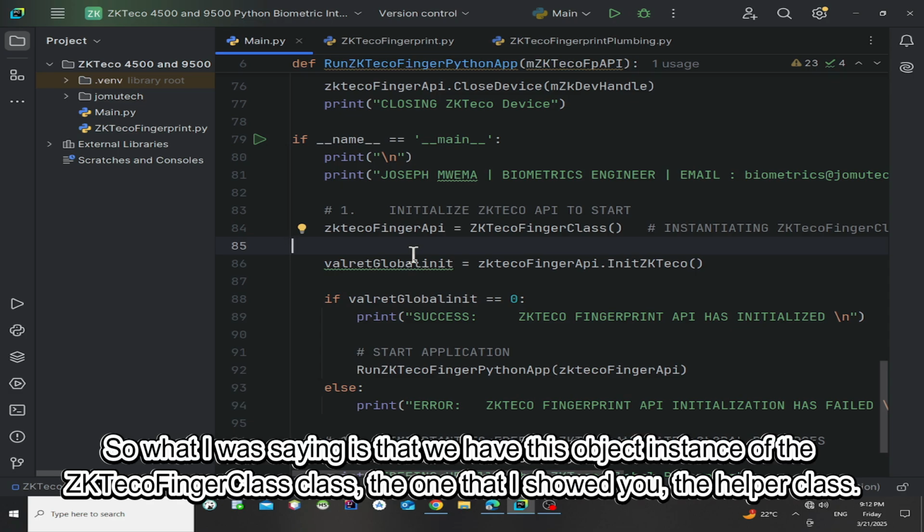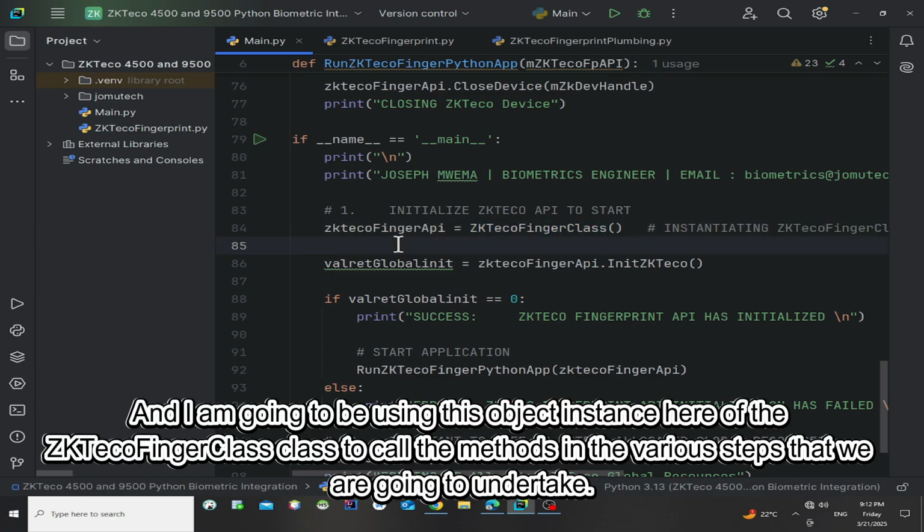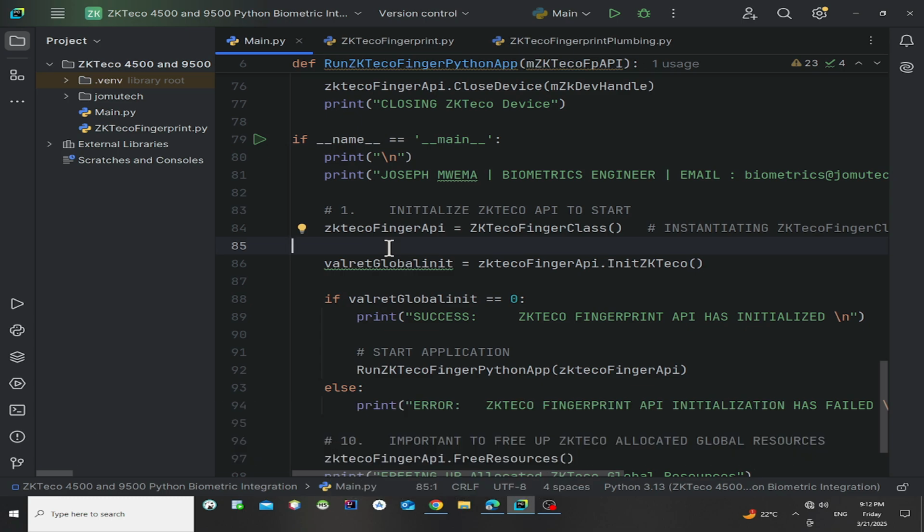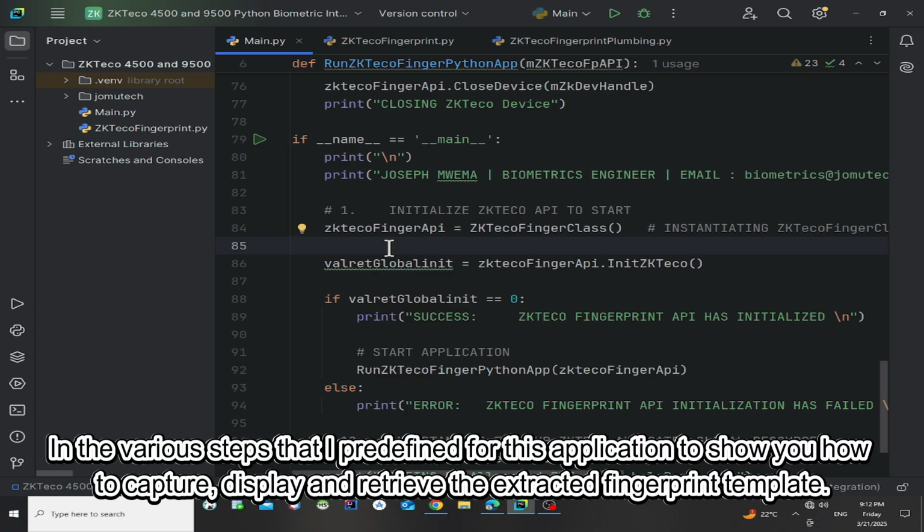So what I was saying is that we have this object instance of the ZKTeco finger class, and I am going to be using this object instance to call the methods in the various steps that I predefined for this application to show you how to capture, display, and retrieve the extracted fingerprint template.